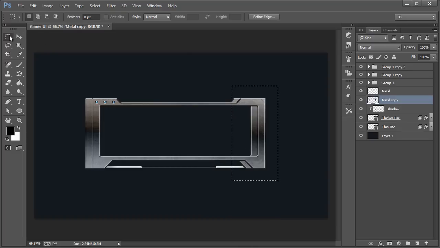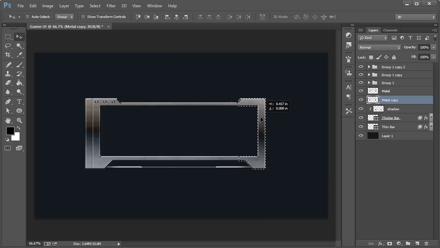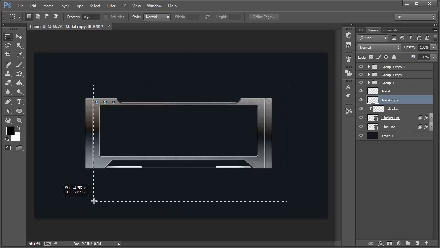And then I could take this one as well. With the rectangular marquee tool, just select this right portion of it, take the move tool and then move that out as well, holding Shift. All right. You know what? That's not even. This one's out a little bit further, so that doesn't look correct. So what I'll just do is take this whole thing